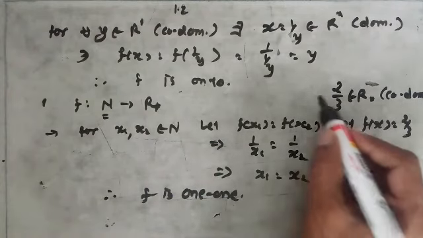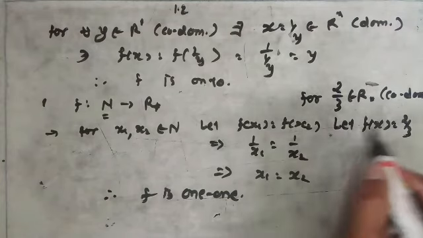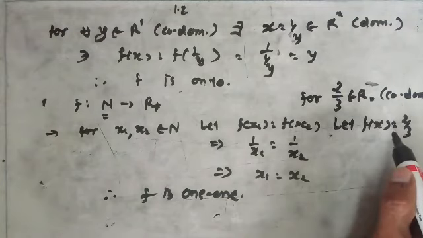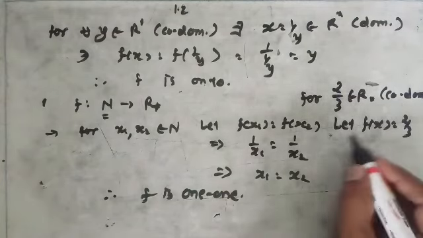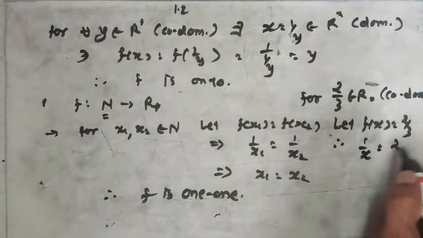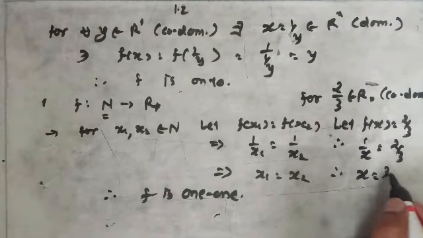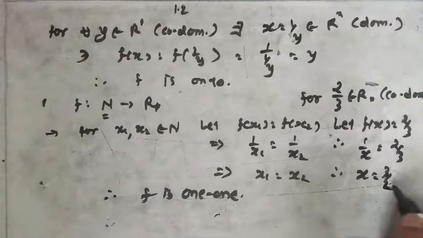Clear? For 2 by 3 belongs to R star, let us compare 2 by 3 with f(x), and we know that f(x) is equal to 1 upon x, which is 2 by 3. Therefore x is equal to, taking the reciprocal on both sides, 3 by 2,